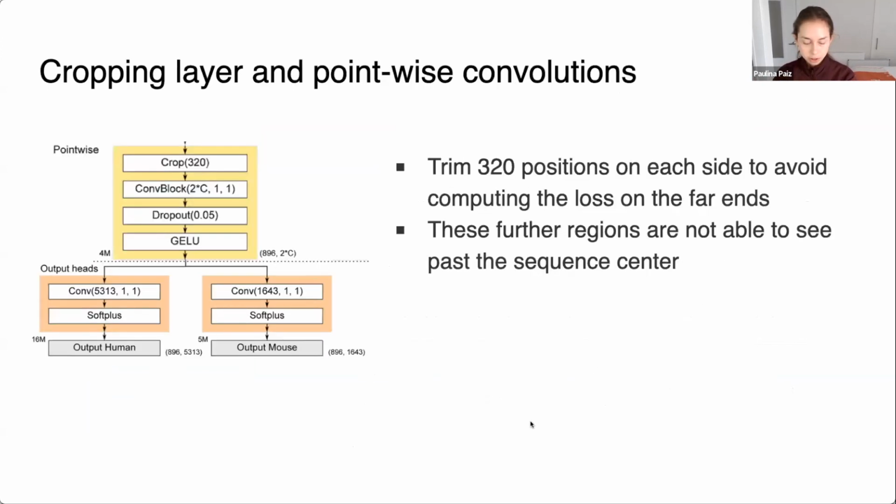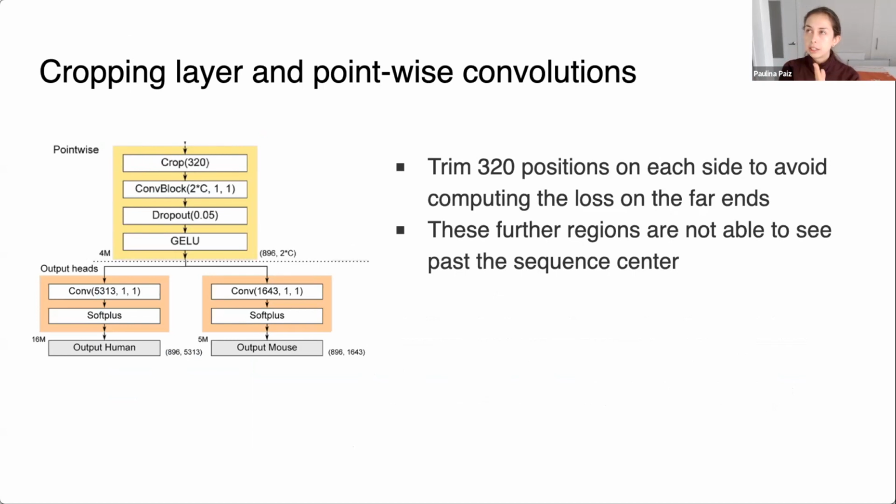The last part of the model, and I don't know how I'm doing on time, hopefully okay, is the cropping layer and the pointwise convolution. So they crop 320 on each side to avoid computing the loss on the far ends, because if you think about it,